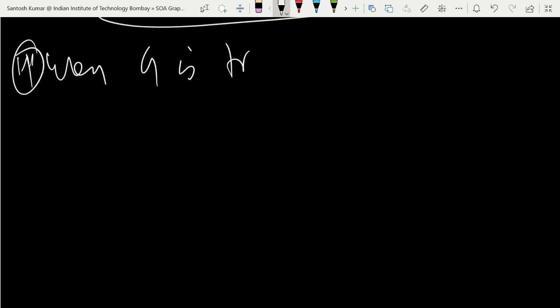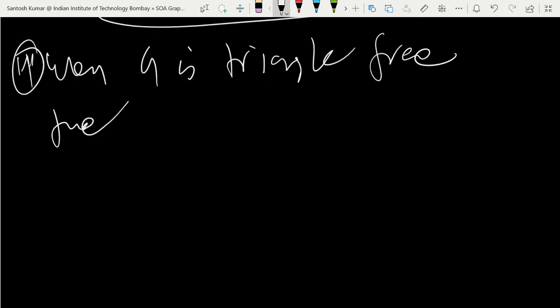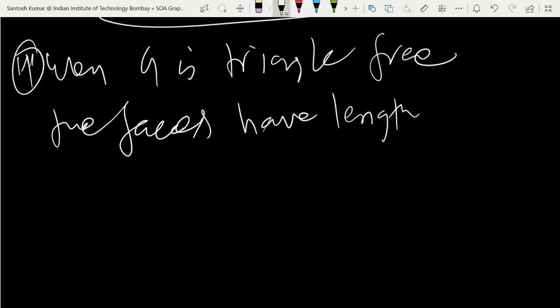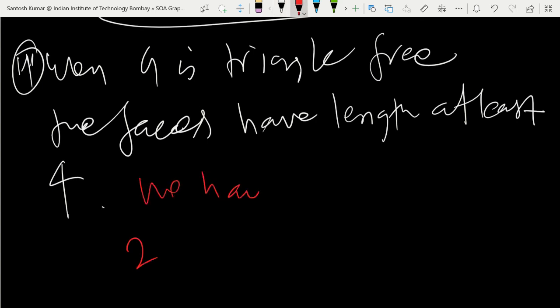When G is triangle free, no face will contain 3 as the length. So the faces have length at least 4. And that's why you know the result that we have 2e is equal to summation fi, like the last part,